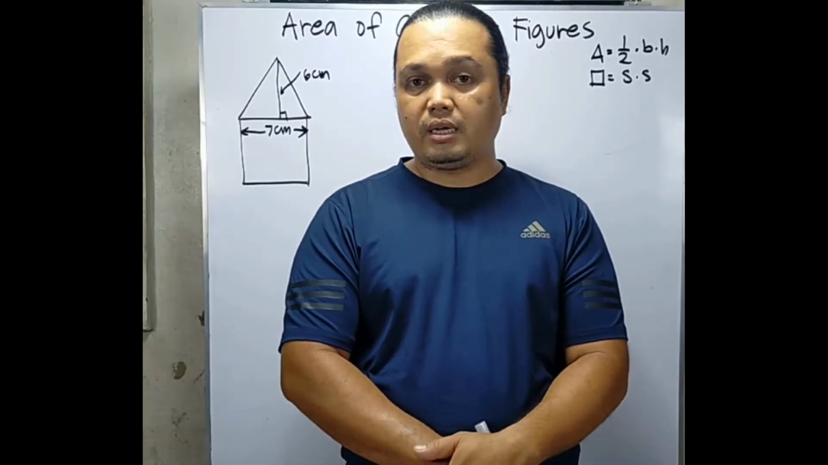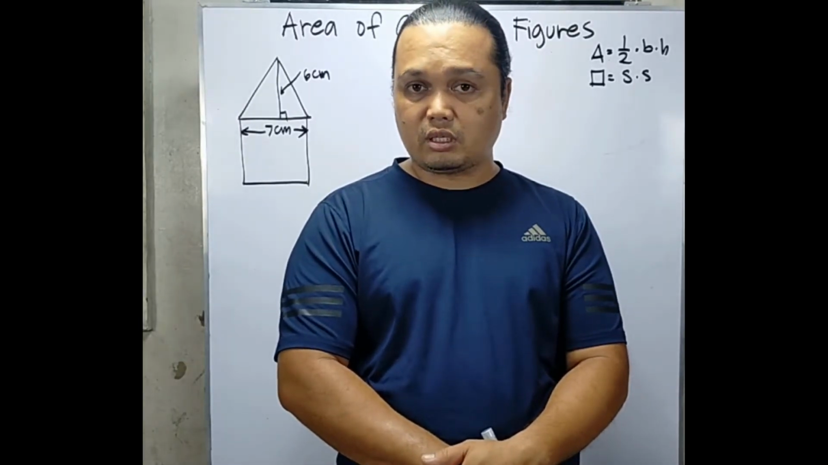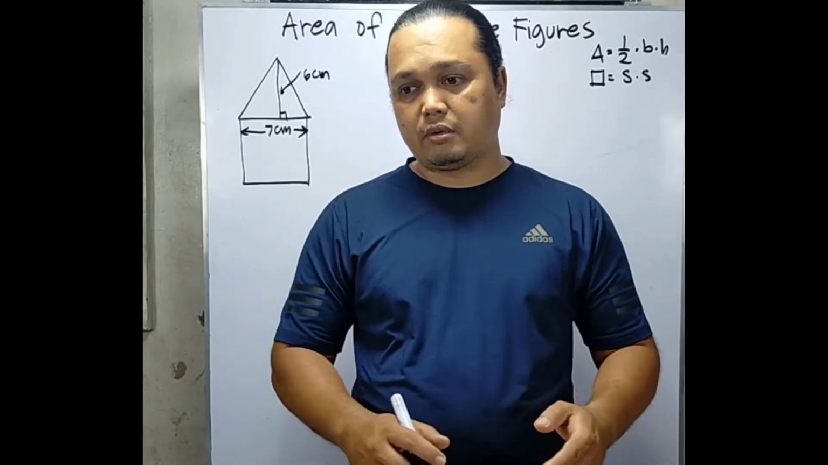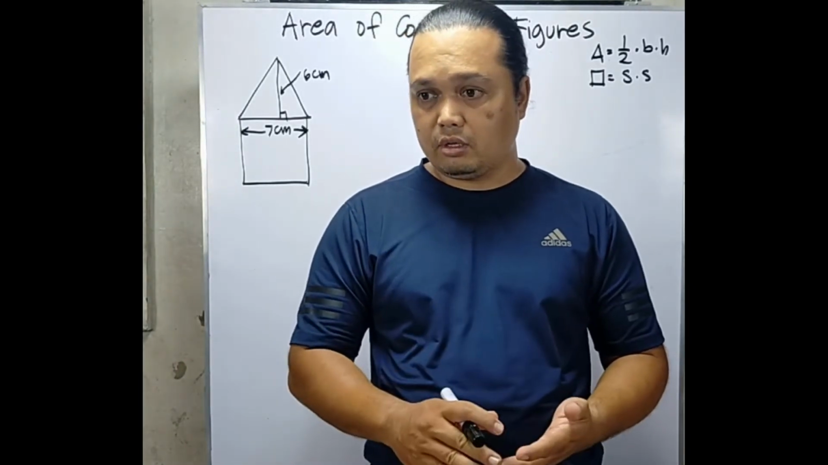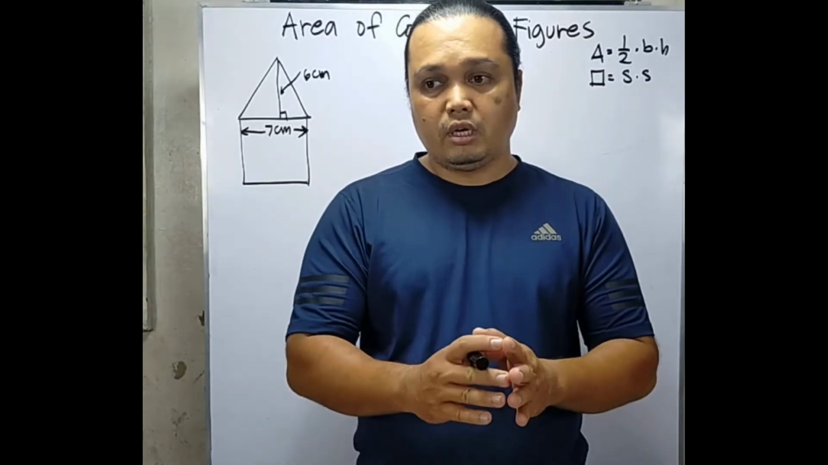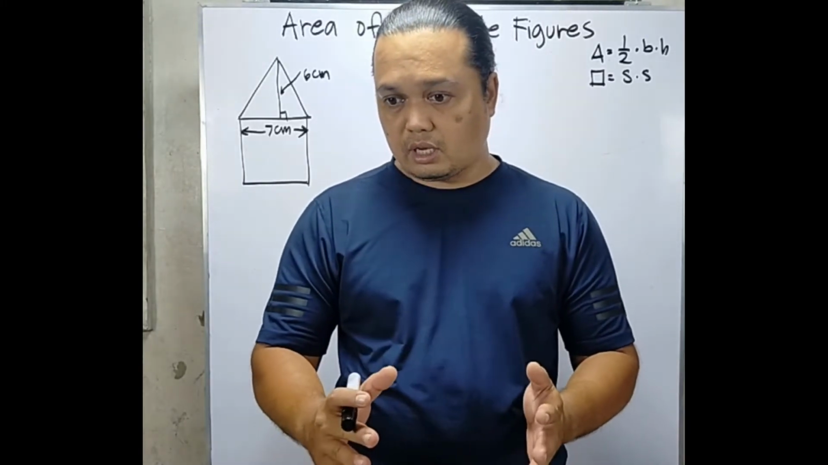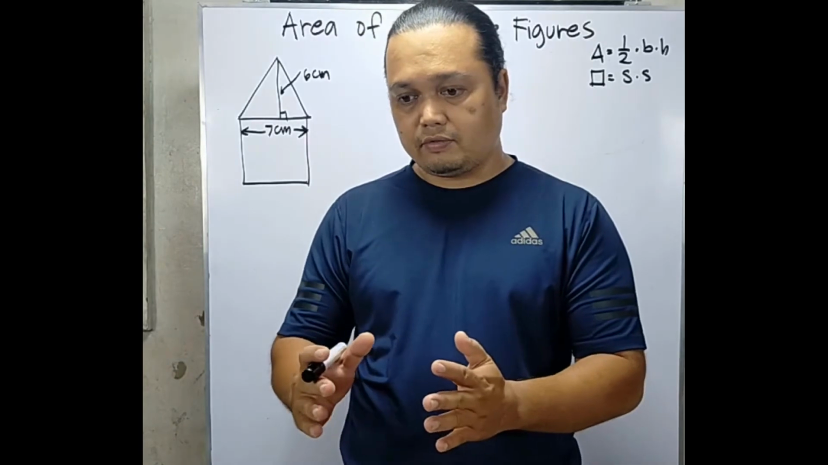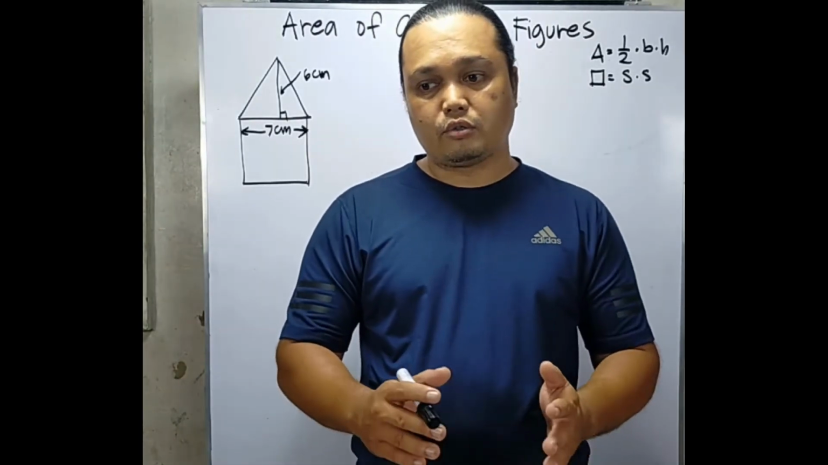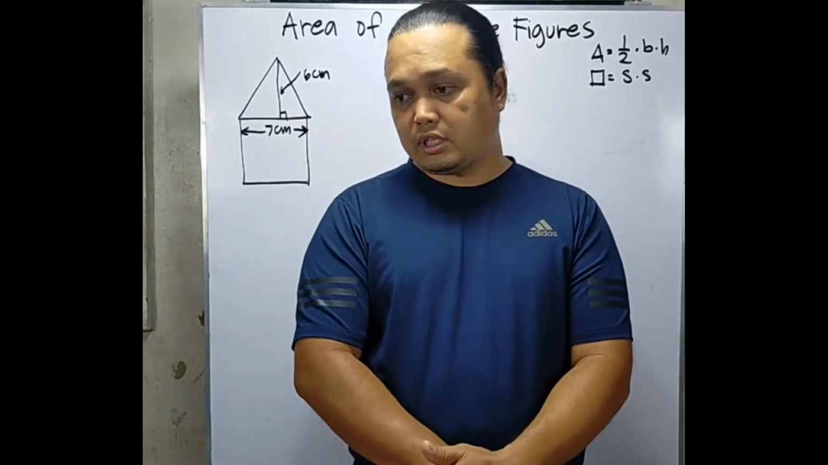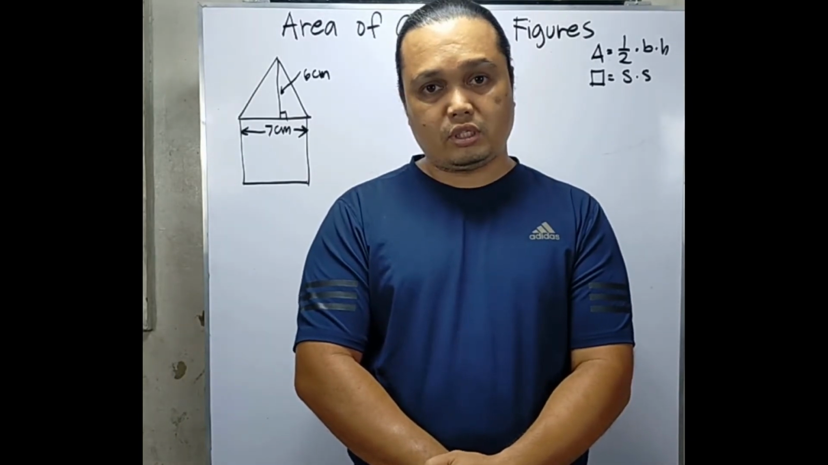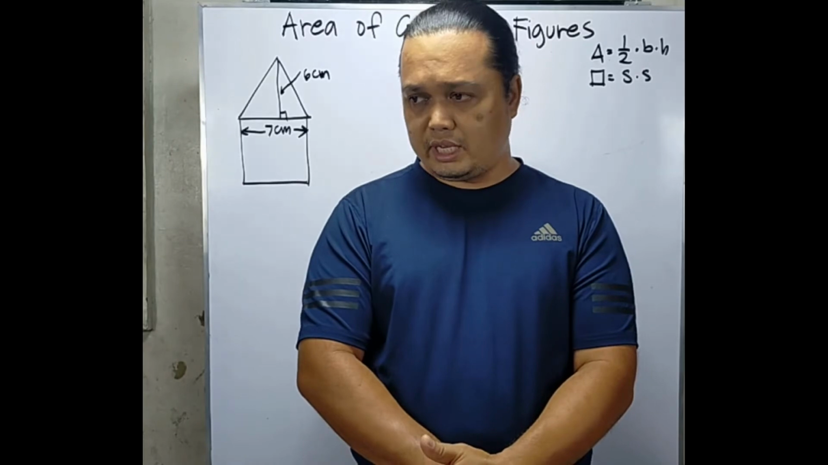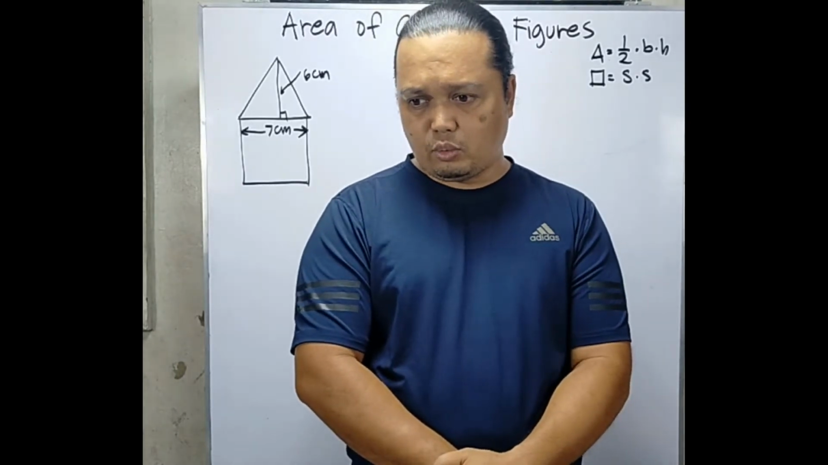Last meeting, in our previous lesson, we discussed the areas of a square, triangle, rectangle, and a circle. All of those shapes each have a formula to find the area. This time, we're going to find the area of composite figures, meaning figures that are composed of